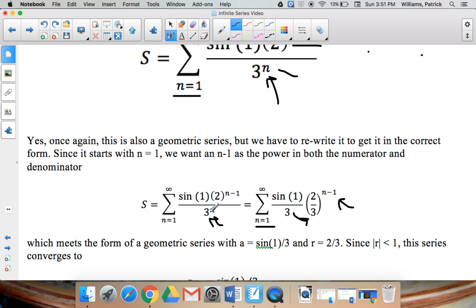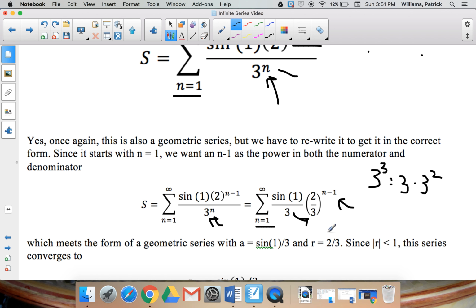If you're confused how I went from 3 to the n to 3 times 3 to the n minus 1, remember, if I have 3 cubed, just humor me and pretend that's a cubed up there, I can say that's just equal to, pull a 3 out, 3 times 3 squared. And that's exactly what I did right there. So instead of having a 3 up here, if I just have an n, 3 to the n would be equal to 3 times 3 to the n minus 1. So again, that's a nice little thing we can do to always manipulate these series so they match the form